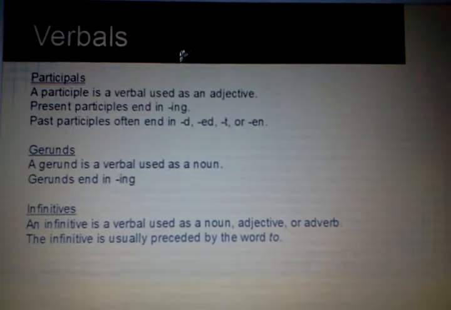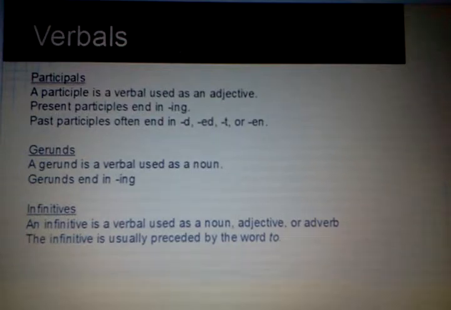So with that information in mind, reading the part about participles again, hopefully it'll make more sense. Present participles end in ing. Past participles often end in d, ed, t, or en. And in a participial phrase, in any phrase, the participle is going to be the first